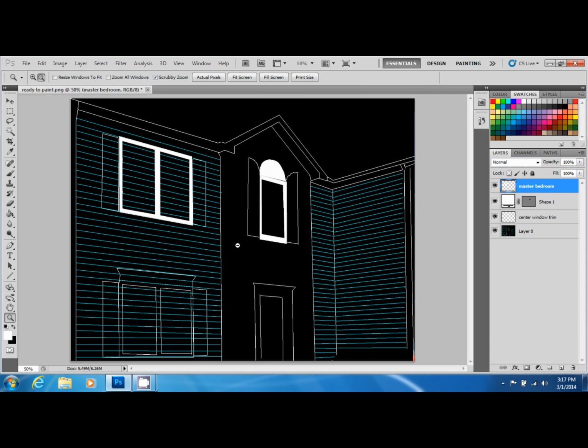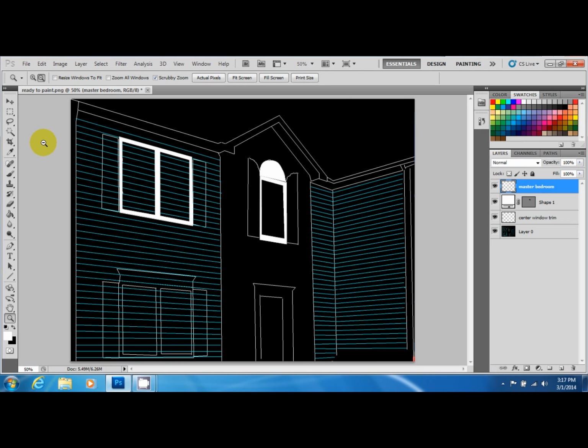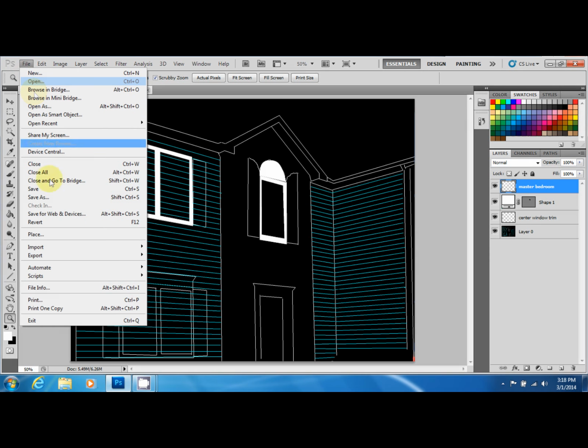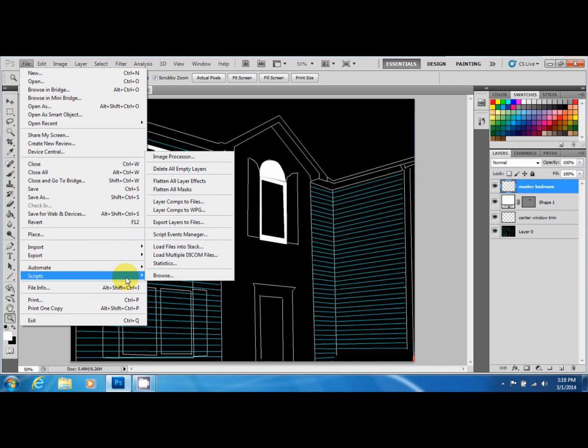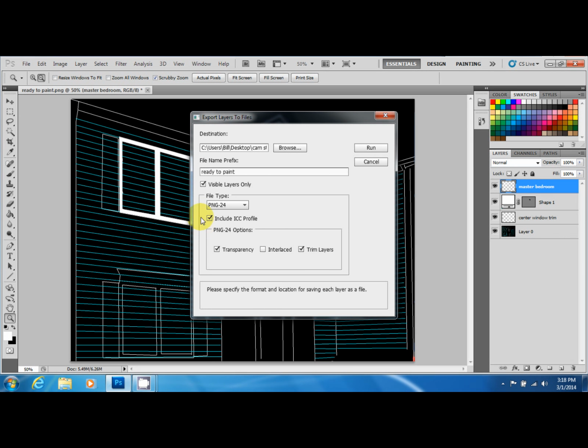The next step will be showing you how to export. I'll give you a minute to get all your masks made, and when you're ready to export, just follow along. Okay, so now we're ready to save and export our layers. For that, you want to go to File, scroll down to Scripts, go over to Export Layers to Files. You want to click on that,